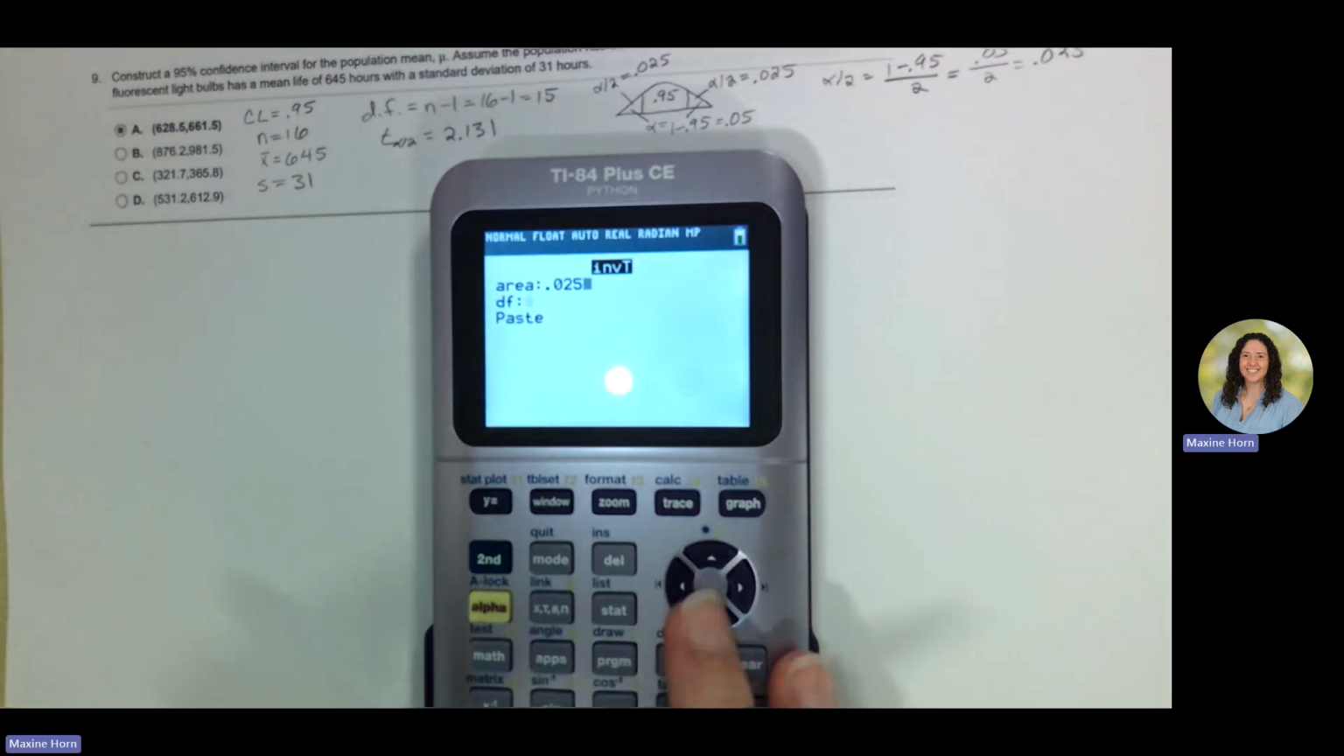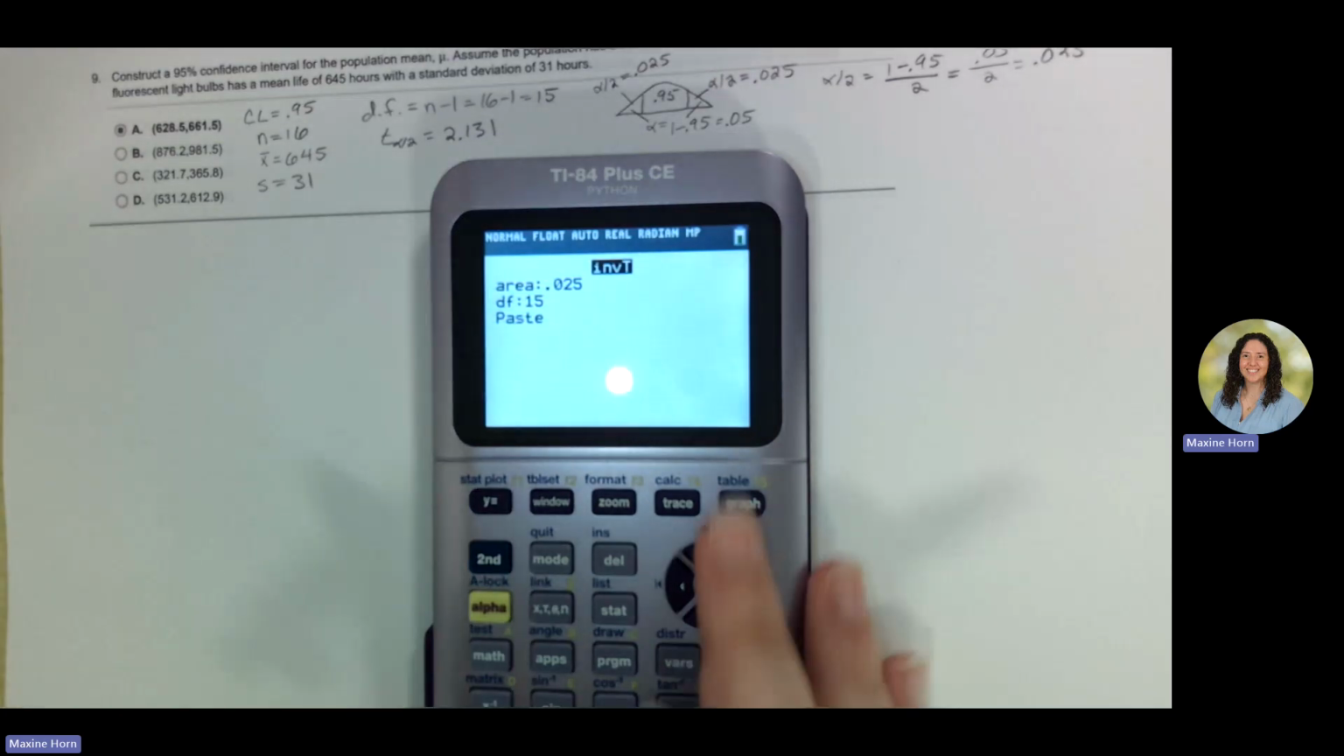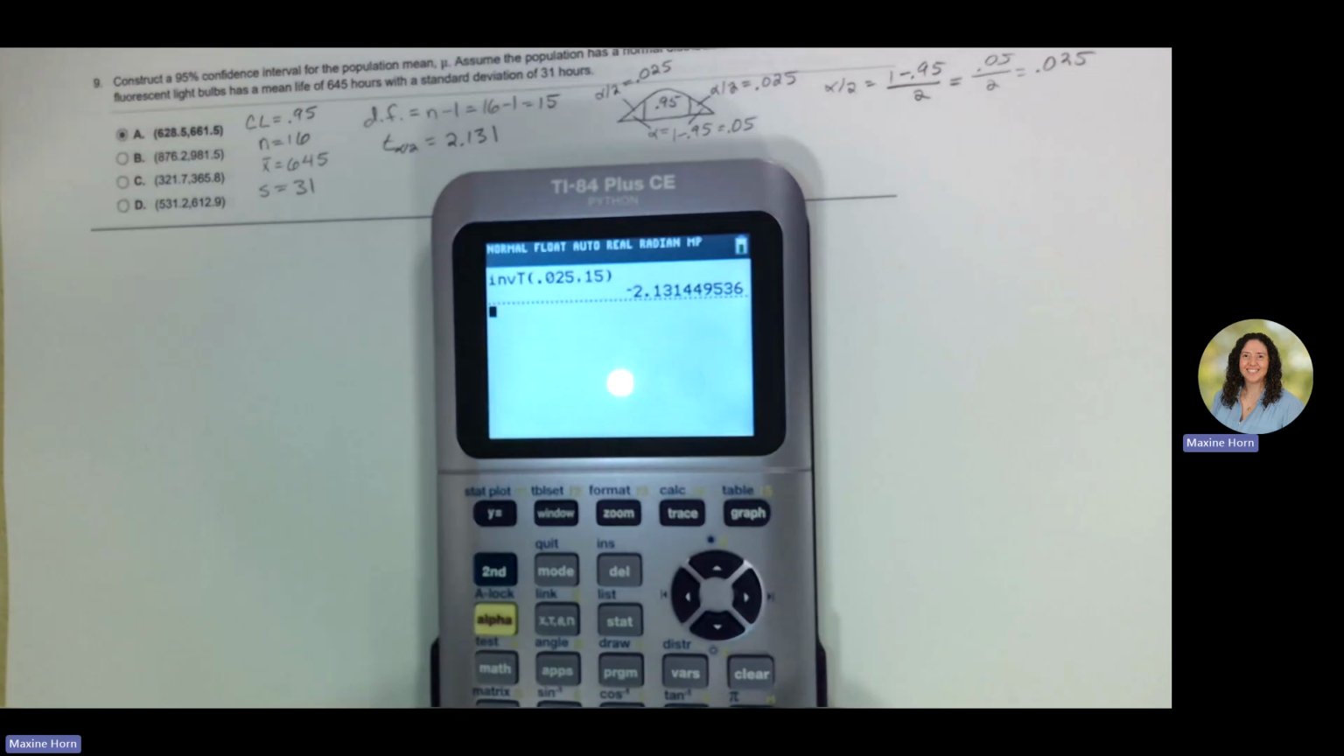Okay, your degrees of freedom was 15. Remember, that's the sample size minus 1. And then it calculates it for you. And again, we always take the positive value of that. Okay, so whether we found our T alpha halves in the calculator or by hand, now that we have it,